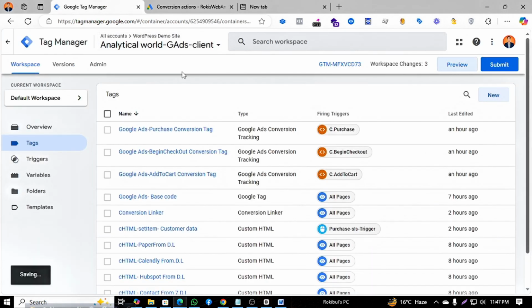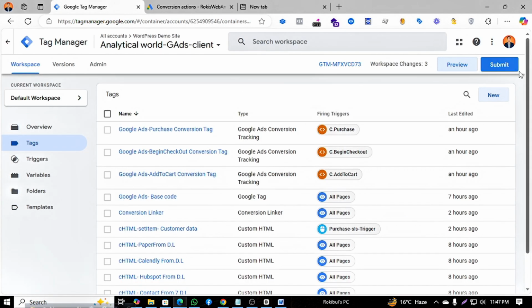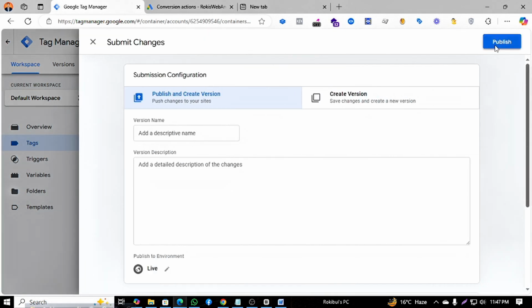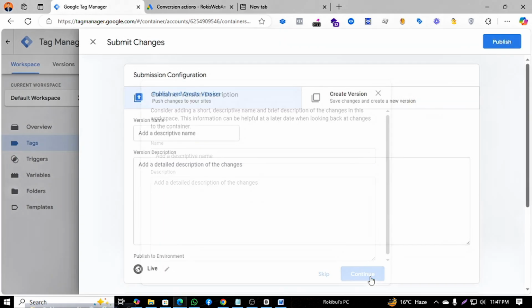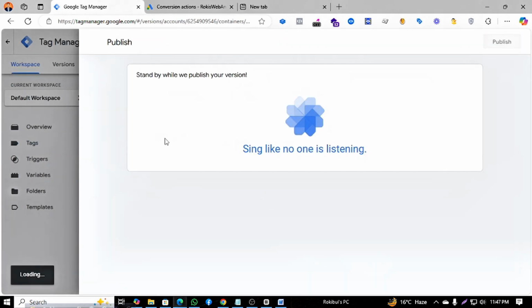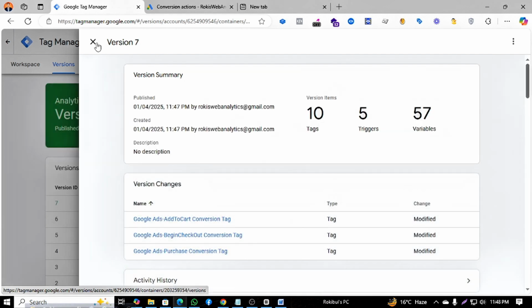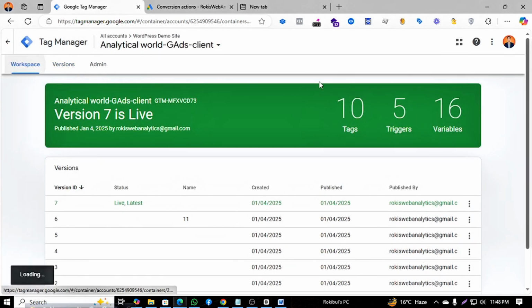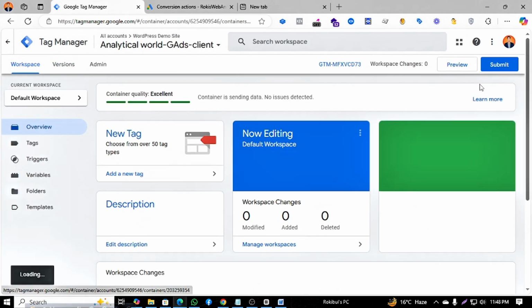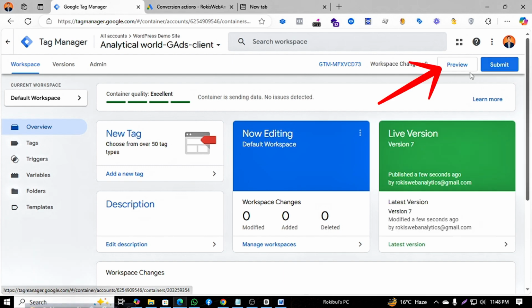So first I'm going to my Google Tag Manager and opening my preview mode. First I need to submit it. I click on submit and continue, publish. Yes, this part is already published. Now I need to click on preview mode, click on the preview option,